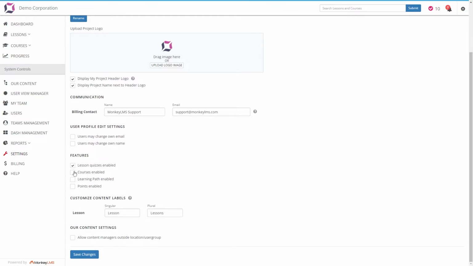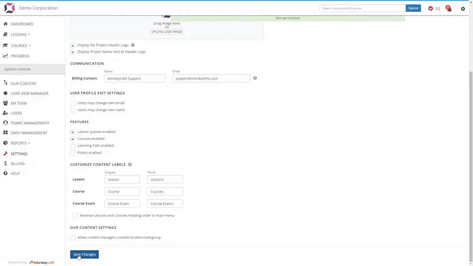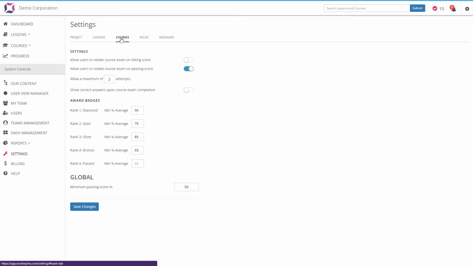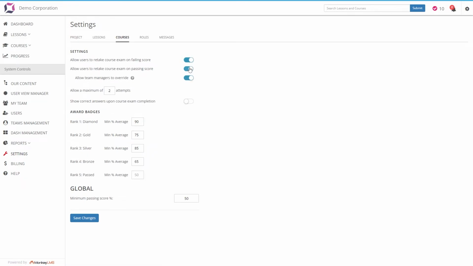Let's look at enabling courses now. We'll disable points for the time being too. There are several similar options in course settings to lesson quizzes. You can allow users to retake a course exam on a failure or passing score, and choose the number of attempts allowed. You can allow team managers the option to force a retake on users if otherwise the user cannot